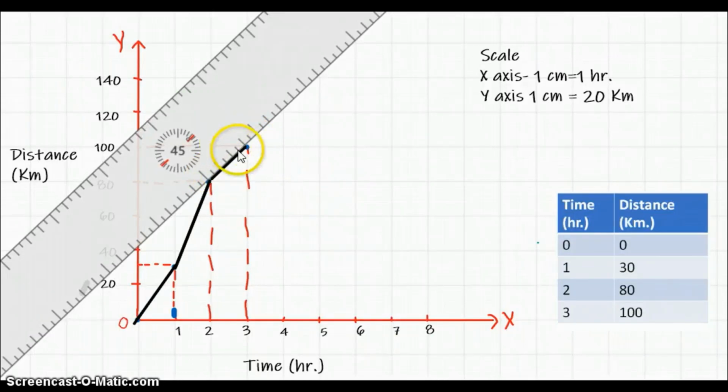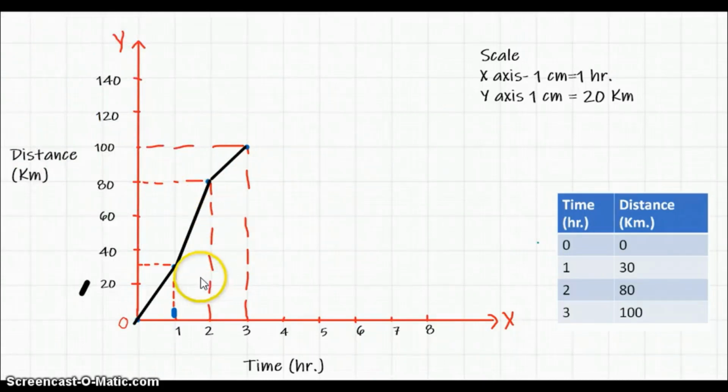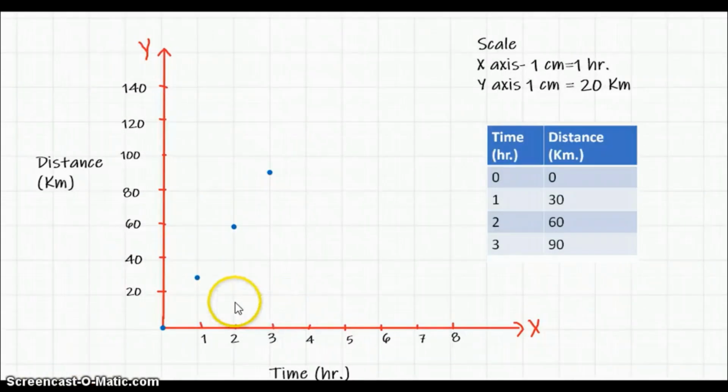You can see the graph. Can you all see the graph? So these are the different points, and when we join all those points, this line graph is the distance time graph. Let us make one more graph. I have this data. This is the x-axis and y-axis. On the x-axis I have written time in hours and distance in kilometers.